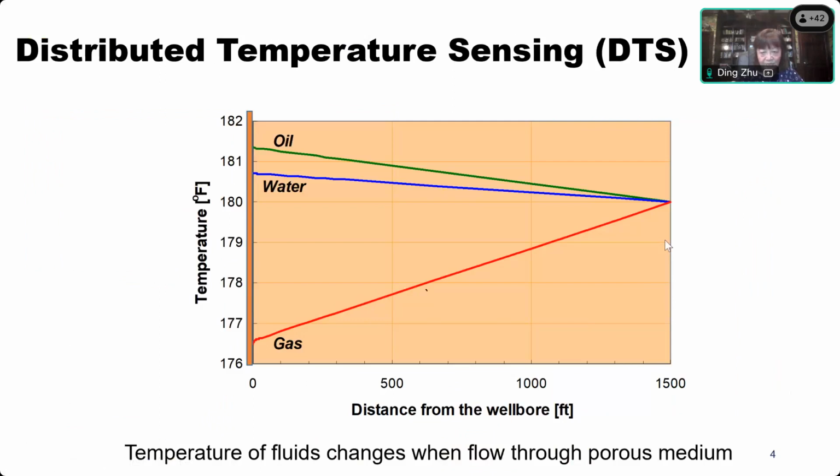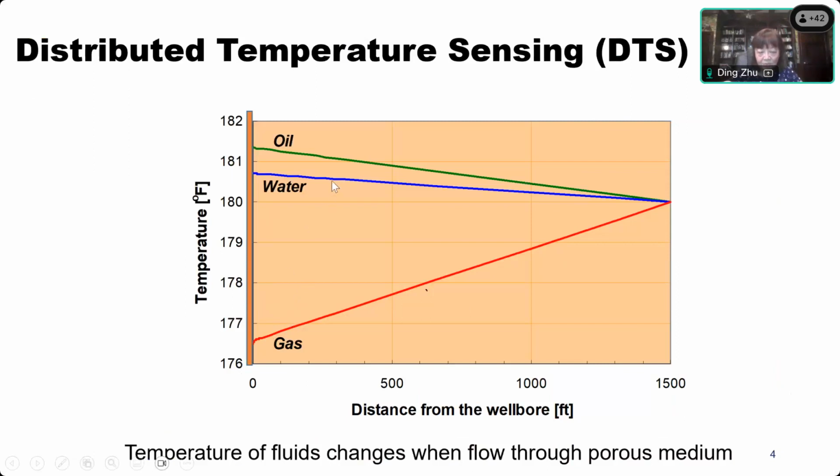Temperature. When the fluid starts moving, if you move gas, as the pressure declines, the gas expands and temperature decreases. It's just that simple. How much the temperature decreases depends on the flow geometry, that is your reservoir permeability, your flow path, your completion, and also the amount of gas you're flowing. So by measuring this temperature decline, I can come up with how much gas I'm producing at each location,